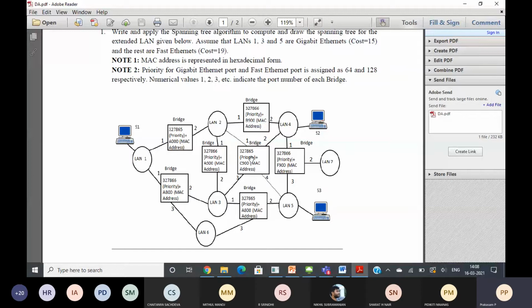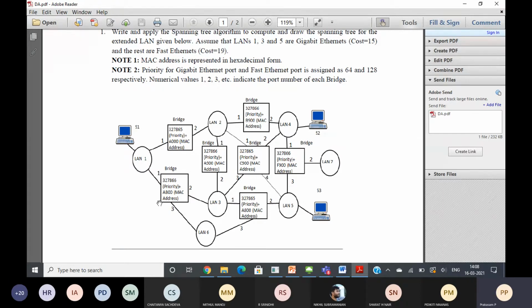But in NetSim, it is randomly simulated by the system. All the priorities are randomly assigned by the system. The only way to differentiate which one is the root bridge is that we have to give a priority for the root bridge.